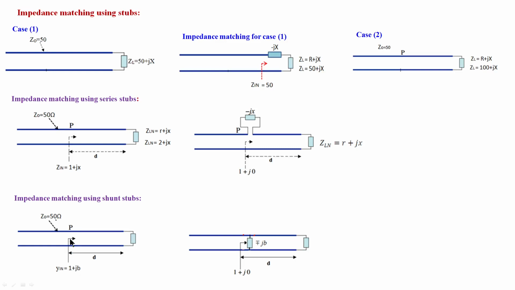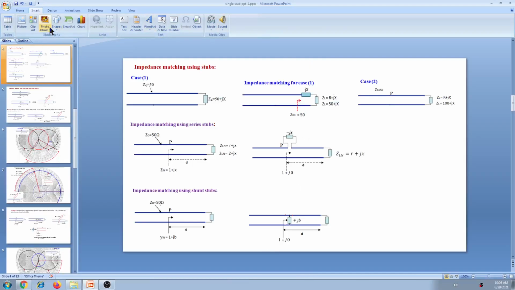Now between these two terminals, if you look, the admittance is like this. We want only the real conductance to be 1, so you should cancel this. That is, connect the opposite element here, whose value must be opposite to this. If it is a plus jb, you should connect a minus jb. So put a minus jb here.